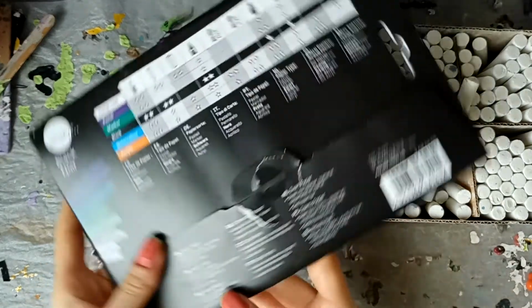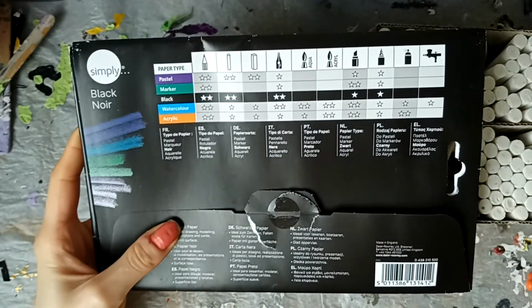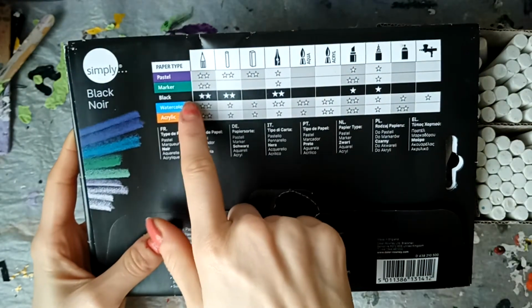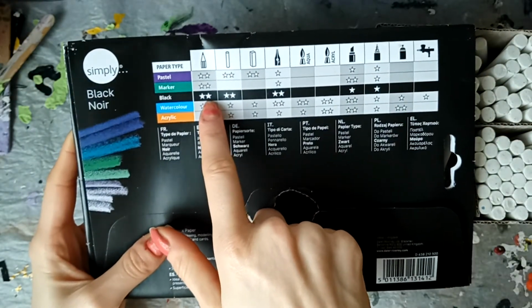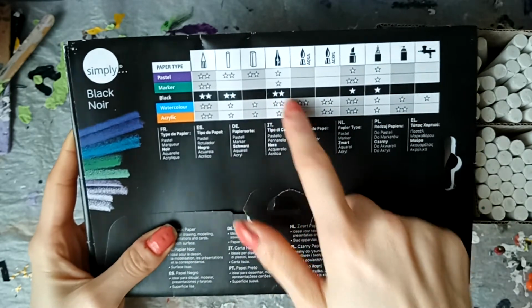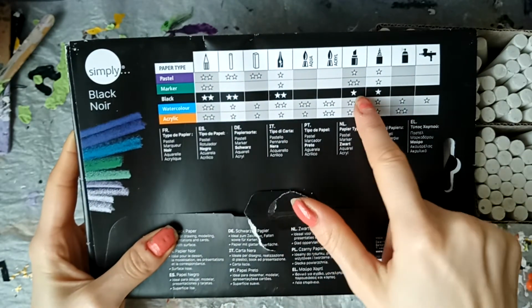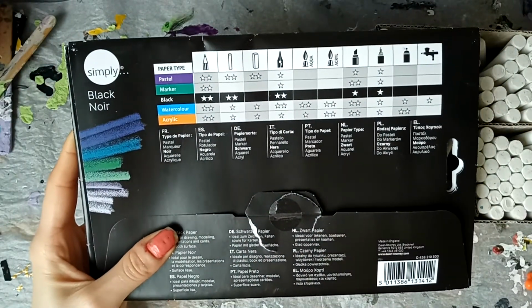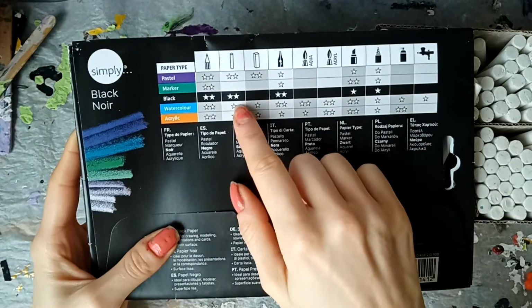It does give you some instructions of what you can use with a certain type of paper. So we're looking at the black paper. You can use graphite, you can use chalk. You've got, I'm guessing that's a pen, like the fountain pens. It looks like a marker, and then fine liner pen. So like I said, you can use them on a paper, but I just prefer to use chalk because it